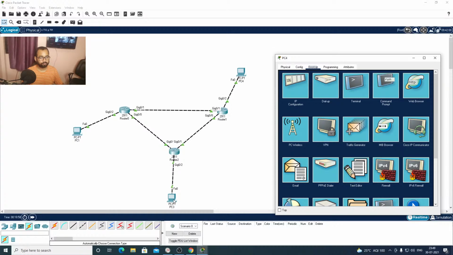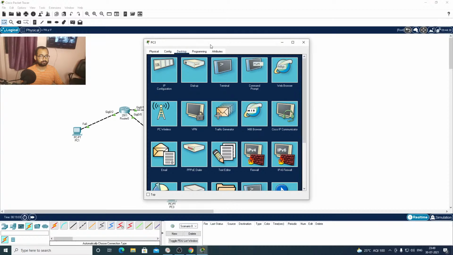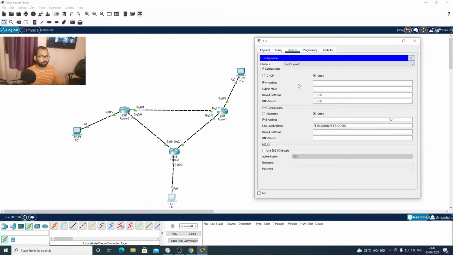Similarly, we will configure PC3. We'll move on to the IP configuration and provide the IP address, with default gateway 30.1.